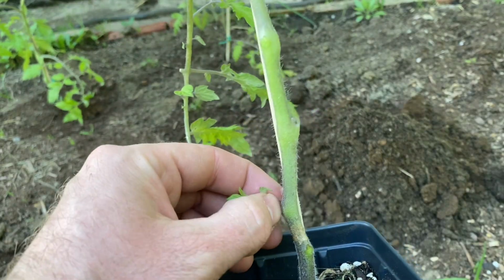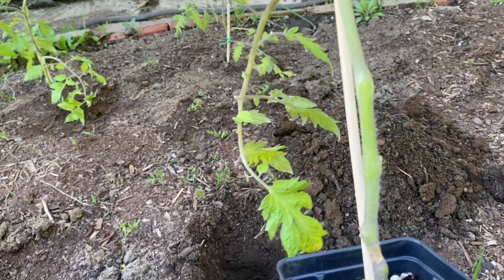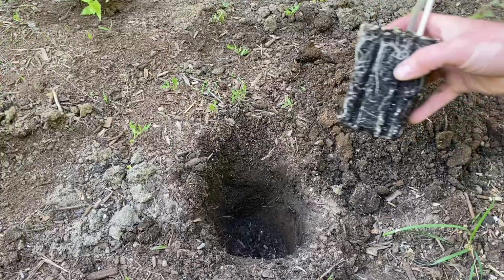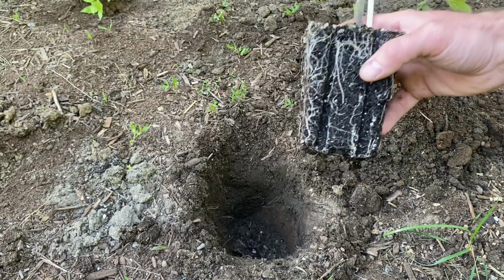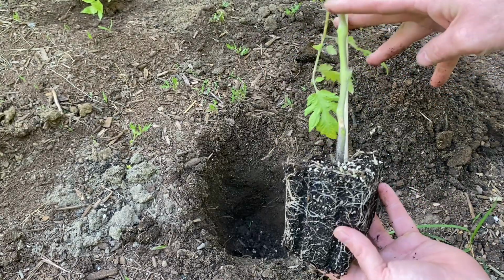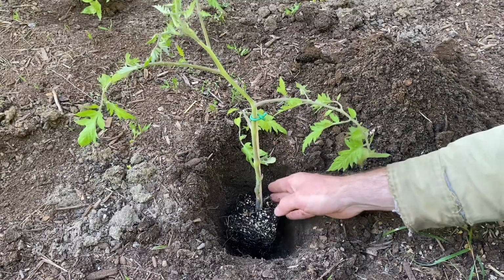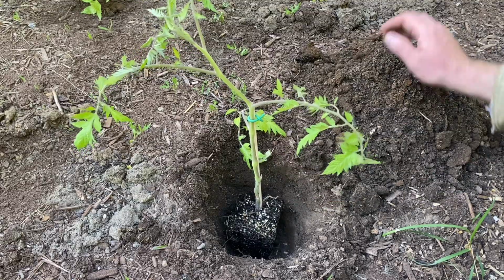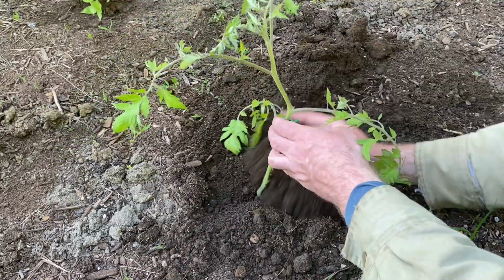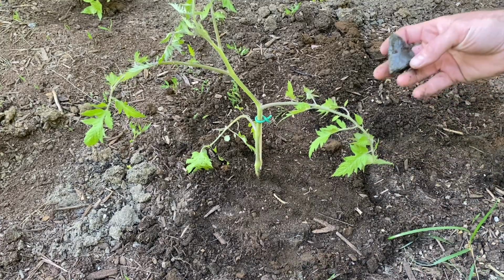And like I said, doing so will allow your tomato plant to put all the energy that it has into its growth and tomato production, which who doesn't enjoy more and more tomatoes? As everyone can see, this is about 4 inches deep of tomato root. But if we plant it deeper, all this will become roots. And that's what we're trying to accomplish here. So that's 4 inches on top of probably another 4 to 6 inches. We're gonna get all nice root growth from here. And that will give our tomato plants a better chance at giving us more tomatoes and surviving with more oxygen,